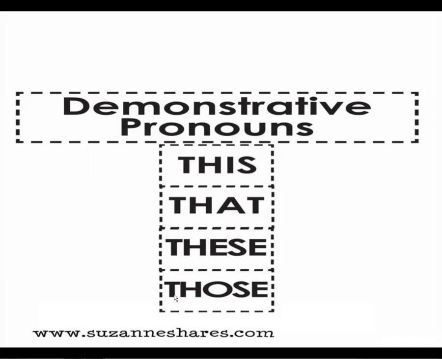Right? This, singular something, or something that is near to you, there we use this. This can be used for a person also, depending on the sentence. So this and that, something that is singular and close to you, to point out that thing, you will use this and that. And for these and those, means something which is plural.